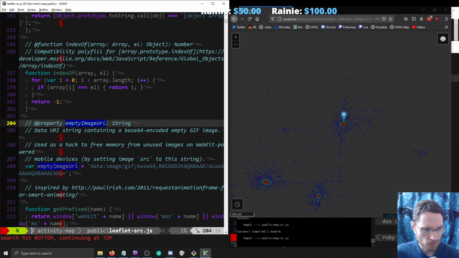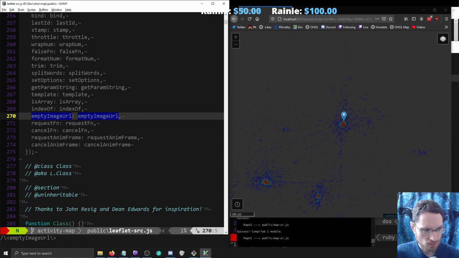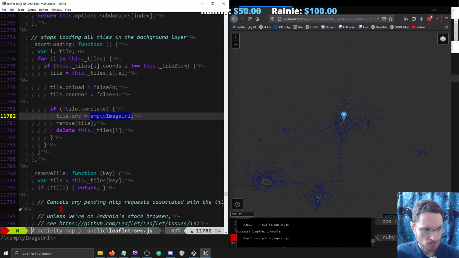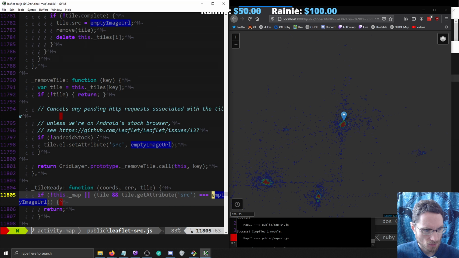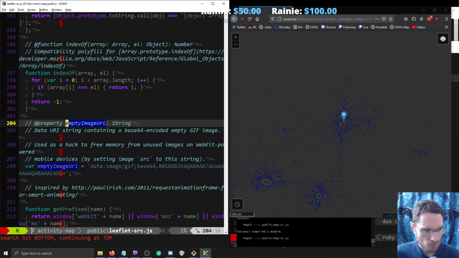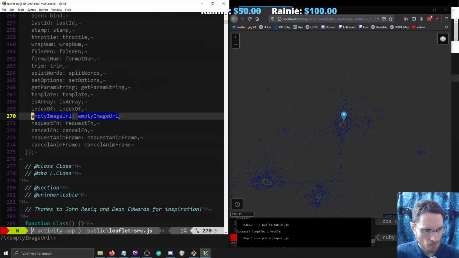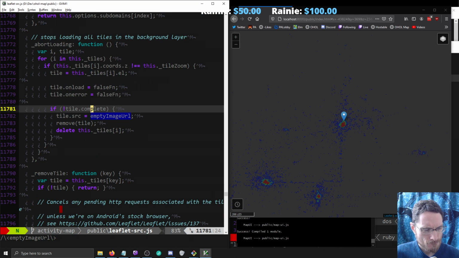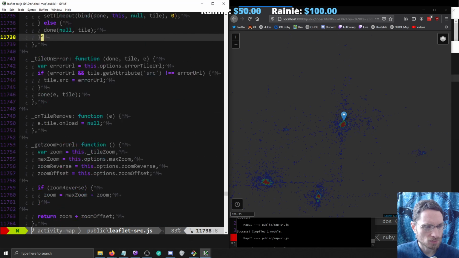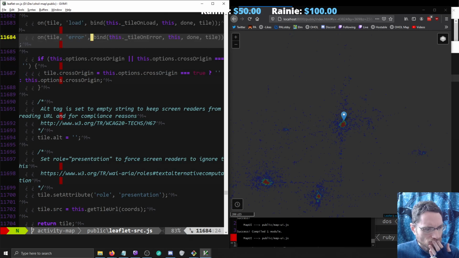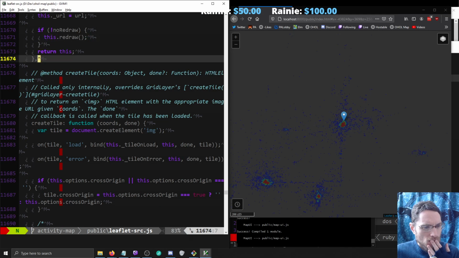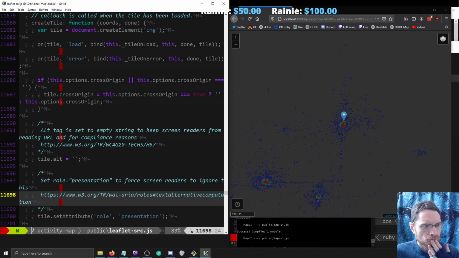Go to empty GIF image to free memory from unused tiles. Okay. Abort loading. So well,